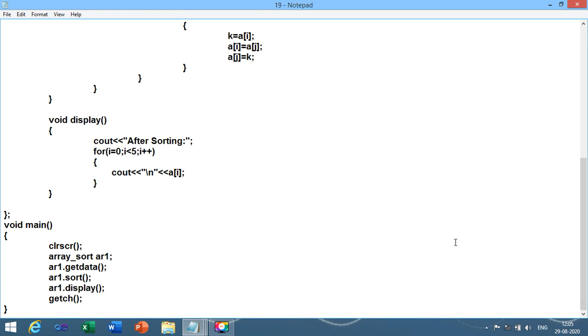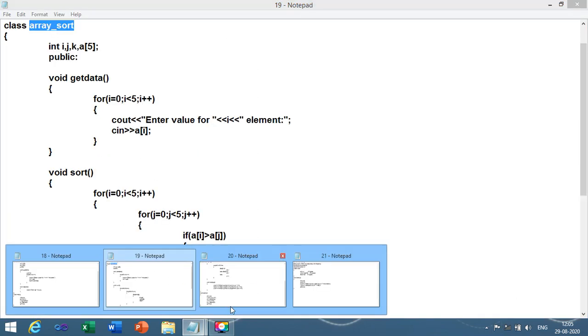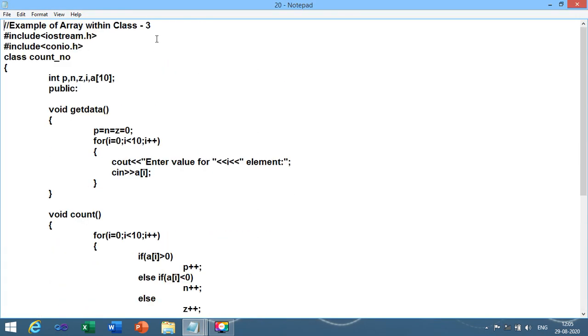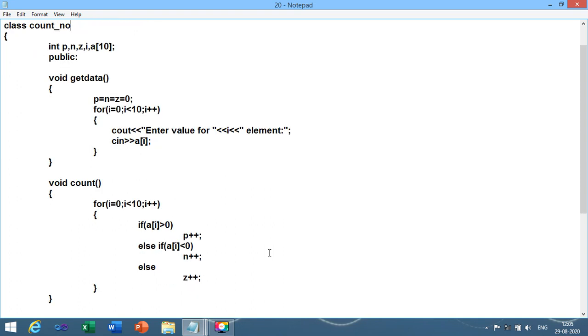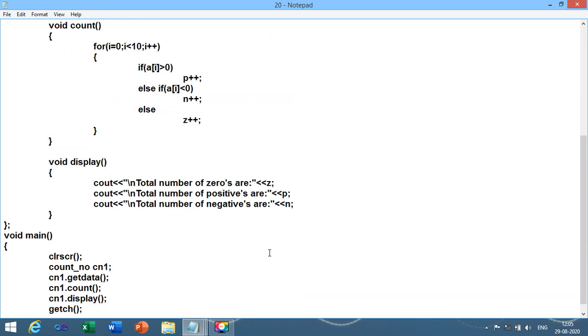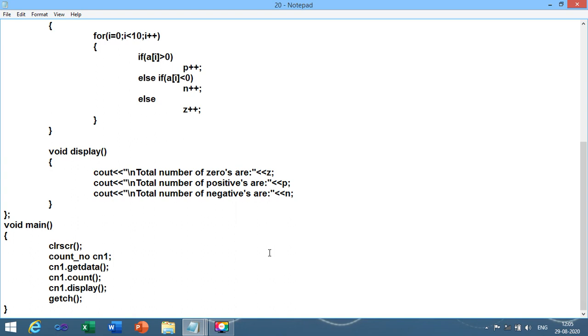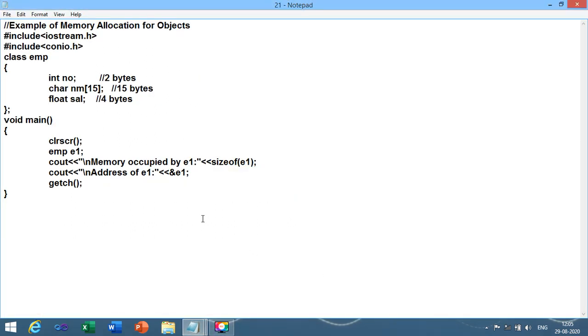You need to write this program with output. Array within the class, count number, how many numbers are positive numbers or negative numbers or 0. Let me scroll down. And memory allocation for the object, that is our last program of our today's session.